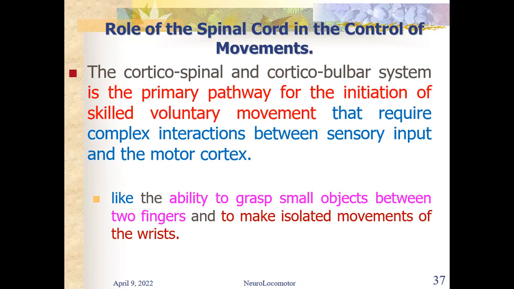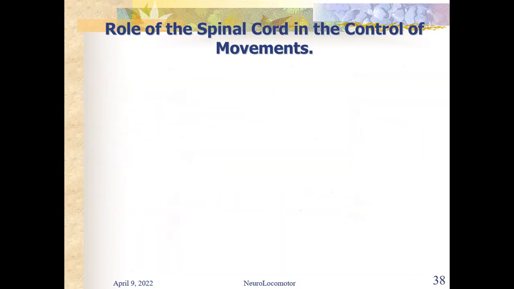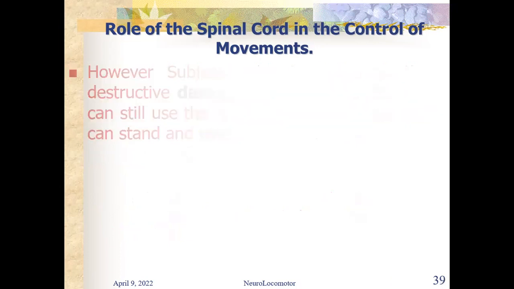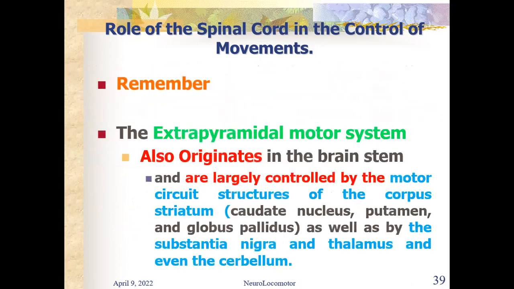So, for example, movements like grasping of small objects and making isolated movements of the wrists. You can move your wrist without the whole upper arm moving, okay? Those are the type of movements whose primary pathway is the corticospinal and the corticobulbar systems or tracts. This is what happens when there is damage to the lateral corticospinal tract. You read that up. So we move on to the extrapyramidal motor system, which I've already talked about,